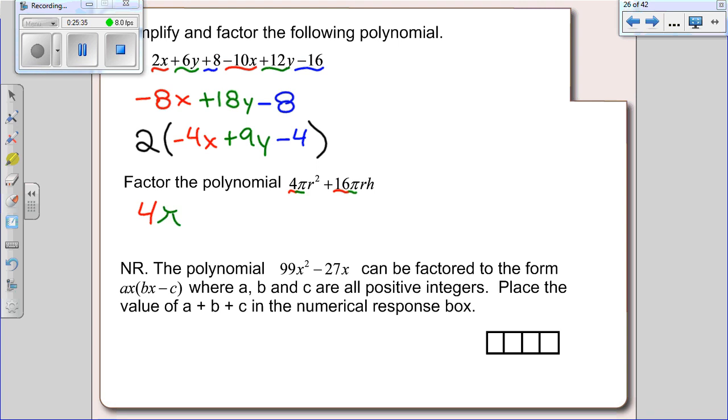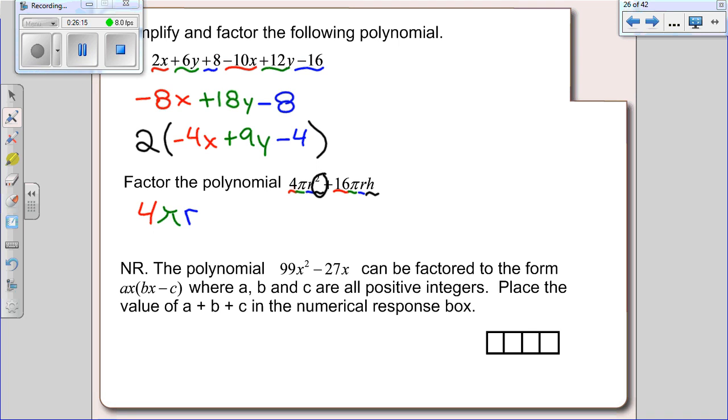Then you move on to your letters. They both have an R, so you can take one R out. What about the H? Why can't I take the H out? Yeah, Kate, why can't I? Because there's only one H. This term is missing the H. So if it doesn't have an H, you can't take it out as part of the greatest common factor. It has to be in both terms. So my greatest common factor for this question is 4 pi